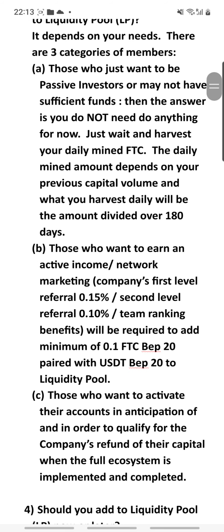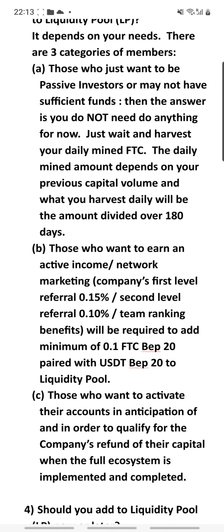Okay, now then B are the groups of people who have teams, have downlines, or they have their own investments that they park under themselves so they can earn from their own referral commission. Okay, or they are builders, they are networkers, they are advocates, they have teams. So then it would make sense for them to actually put in the liquidity pool, because that way the company will recognize it as activated. Then the company would pay out these referral commissions and team benefits, etc. Okay, so that's part B.